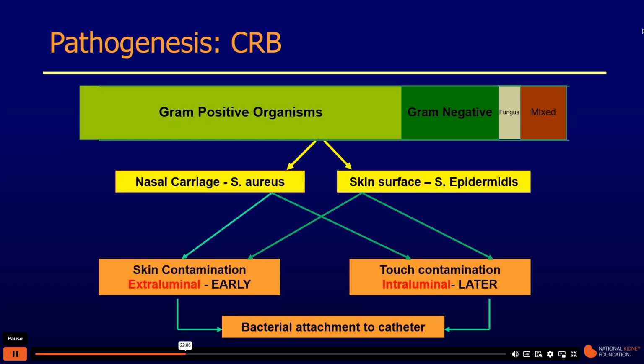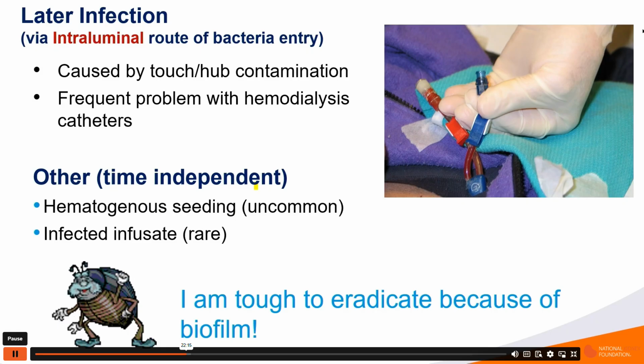So now let's focus on the intraluminal route. When do you get intraluminal exposure? Well, I say any time that you manipulate the catheter. The intraluminal route of bacterial entry is when you have catheter hub contamination, and is probably the most frequent route for hemodialysis catheters. Other types of infections are